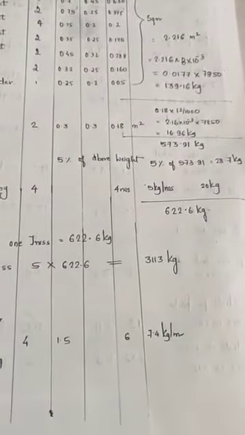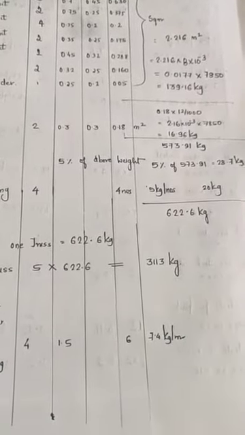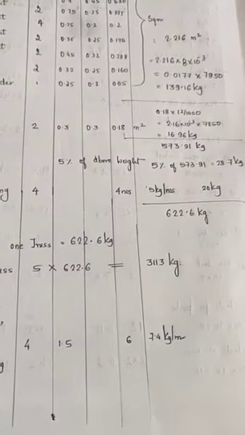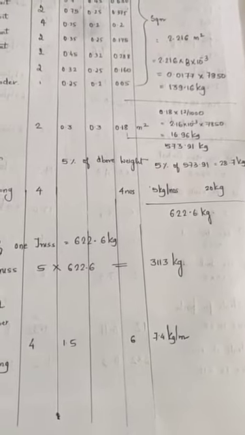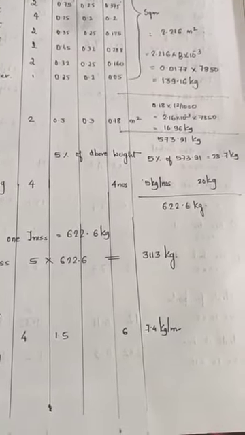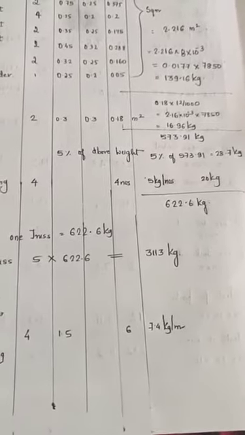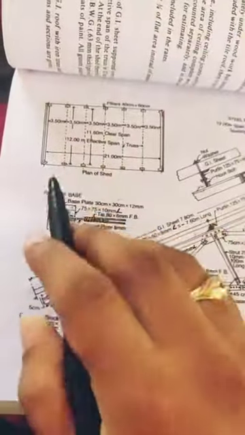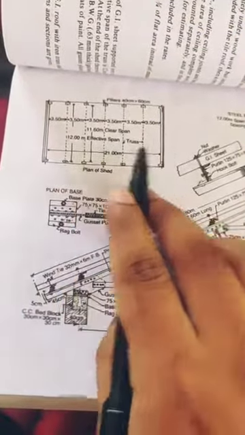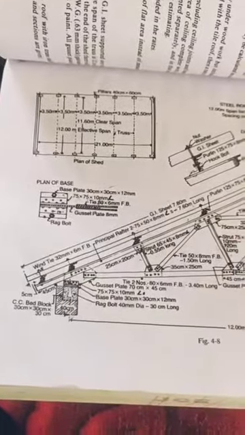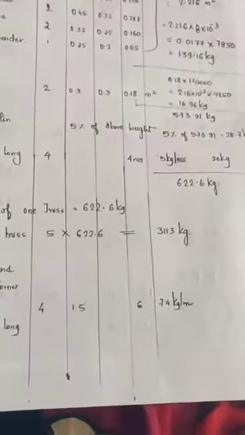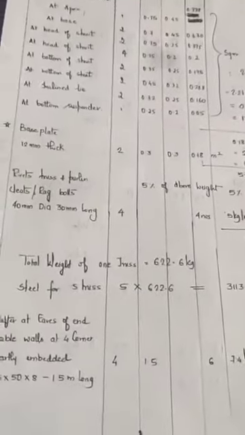Why I have excluded purlins is because purlins are not with respect to one truss. They are resting on all the 5 trusses, or the number of trusses that are provided in the structure. So if you see this plan, this is one truss. Purlins are running over the length, right? So you cannot consider it with respect to one truss, right? So I'll calculate the quantity calculation of purlins separately.